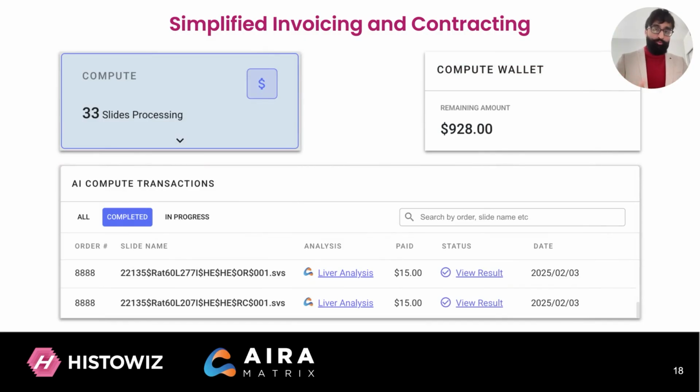So AI orchestration platforms like PathologyMap have several advantages, which we saw early on. And one such advantage is that it simplifies invoicing and contracting by offering a single point of transaction for multiple AI tools. Now, this eliminates the need for separate agreements with each vendor. And this not only reduces administrative overhead for pathology labs, but it also streamlines procurement and ensures faster access to cutting edge AI tools without the complexities of managing multiple supplier contracts.